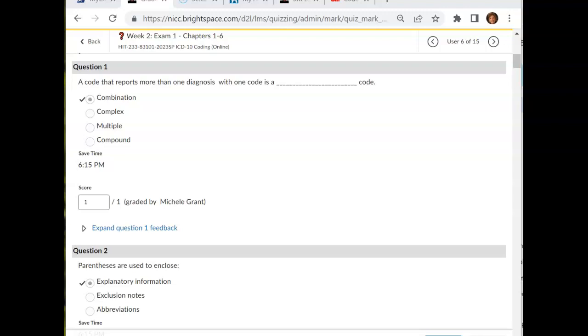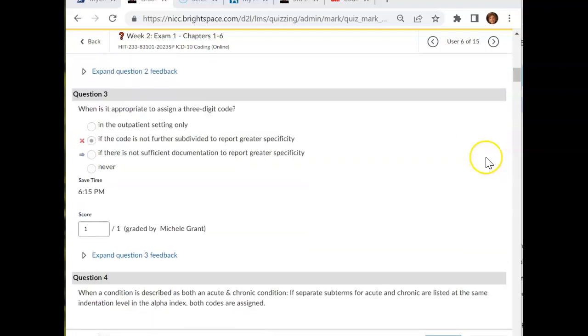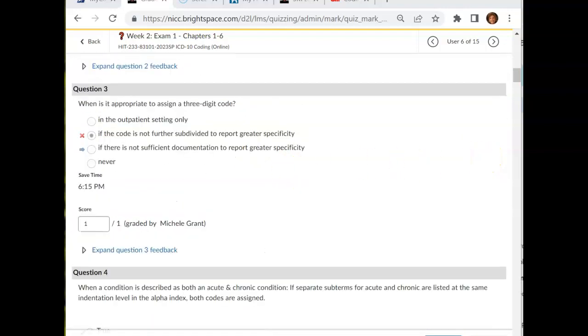Okay, so everyone did good with questions 1, 2. I want to start with number 3. When is it appropriate to assign a 3-digit code? I think everybody got this one incorrect. I went ahead and gave everybody a point for it. So